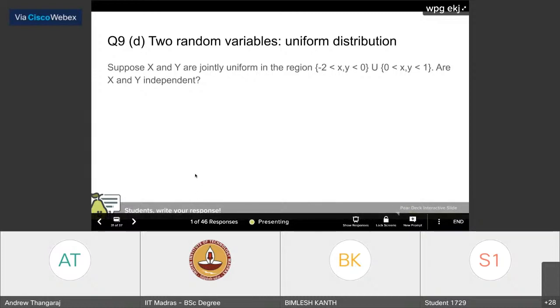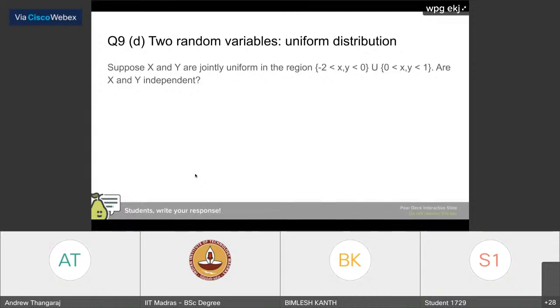The way you get half directly is, every conditional distribution is uniform. That's the main trick there. If that is the case, then you condition on X equals -1, Y takes values from 0 to -2, and it's uniform from 0 to -2. Any distribution that is uniform from 0 to -2 has to have a height of half. That's the idea. So it will also work out to half if you use the formula.